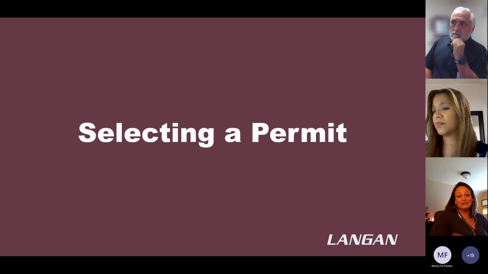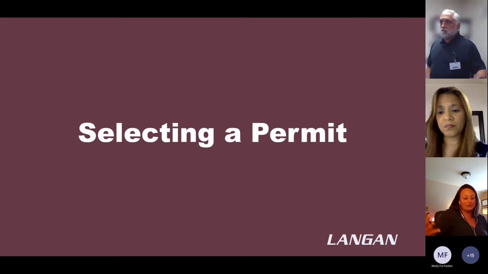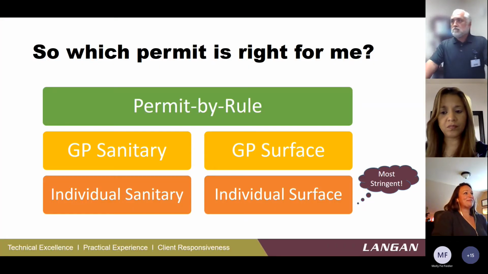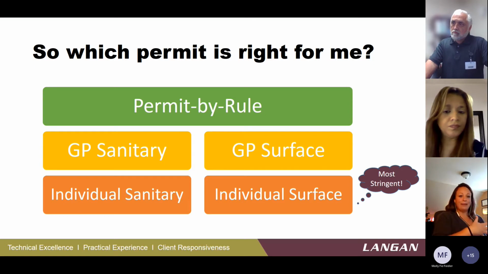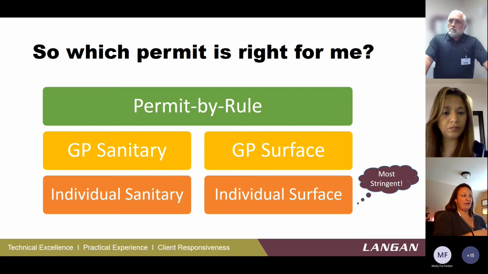So that brings us here. So how do I know what permit I actually need? The first 2 steps will really dictate that for you, right? You know how much water you have and you know where it's being generated from. So at this point, you're going to know if you're a categorical industrial user. You're going to know if you're a significant industrial user. And then you'd want to compare those things against the permitting programs that are available in the state.